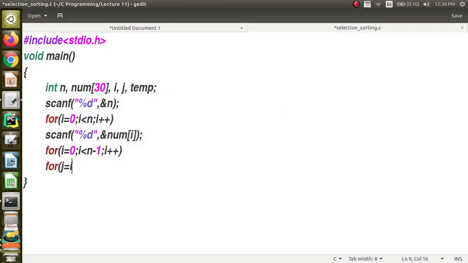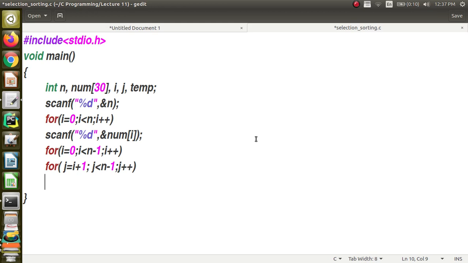So for j, I can say j equal to i plus 1, because I am going to use this variable for comparison. I am going to compare with the elements pointed to by j. j should start from i plus 1. How far should it go? It should go till the last one, j less than n, and then j plus plus. You are going to pass through all the elements.